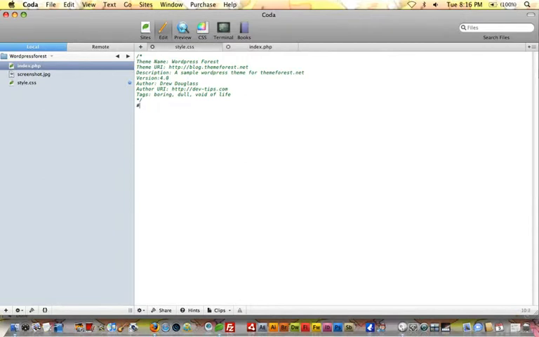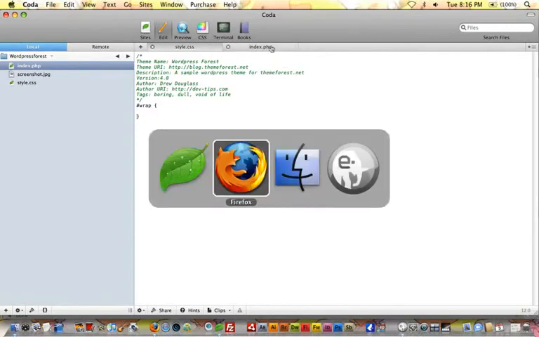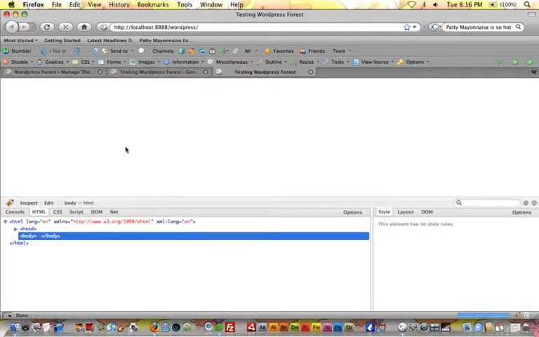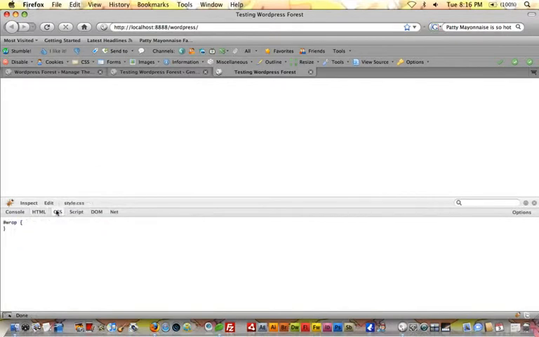We won't even fill anything in. We'll just give it an ID of wrap. Go back to Firefox and refresh here. Okay, now we can see that wrap is showing up in Firebug, so our CSS file is getting linked to,